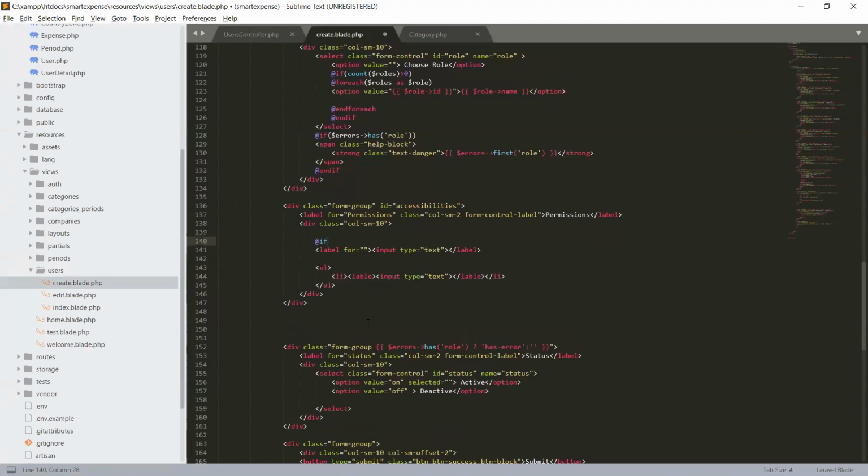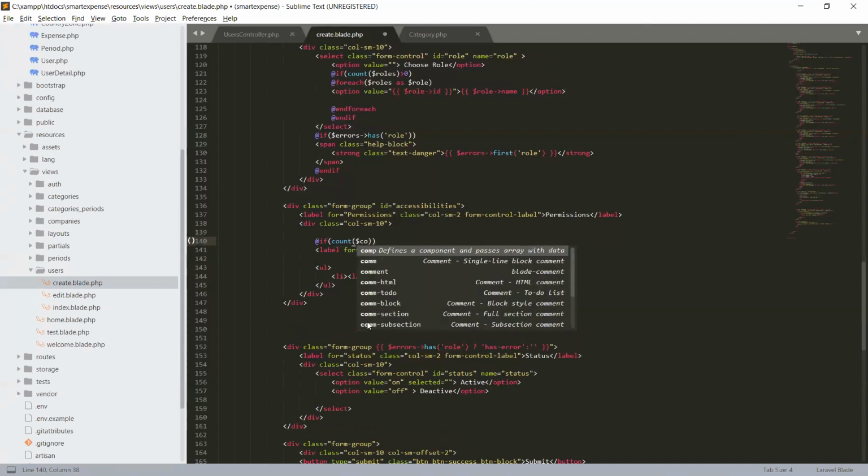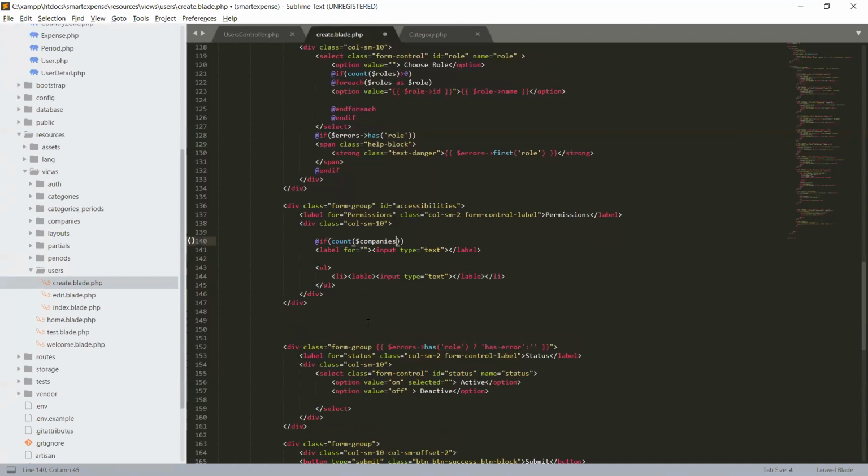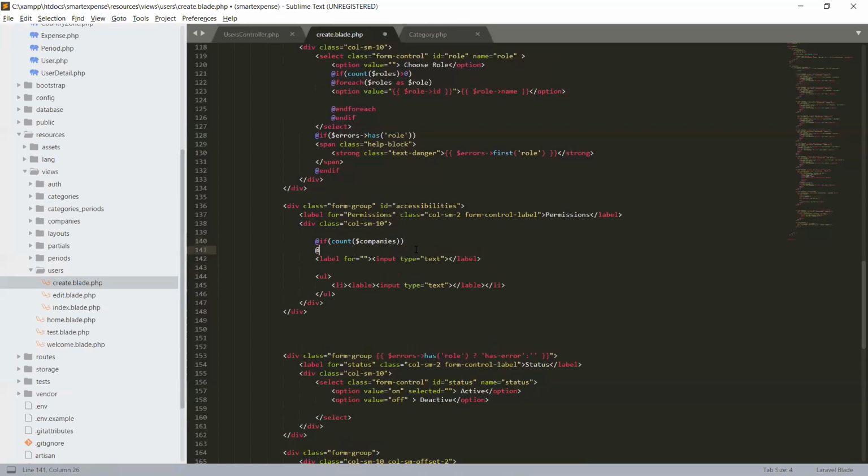So we use a count of companies, if count of companies is greater than 0, okay, if there is a company count true, and we will use a foreach. We say foreach companies as company,